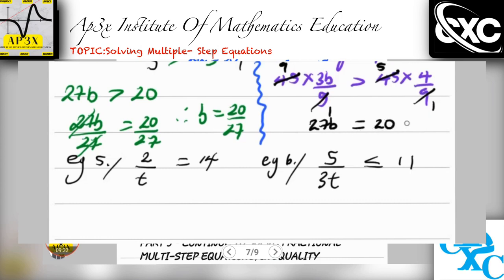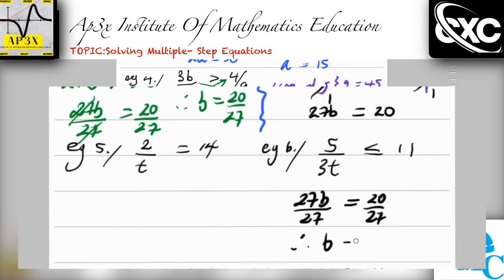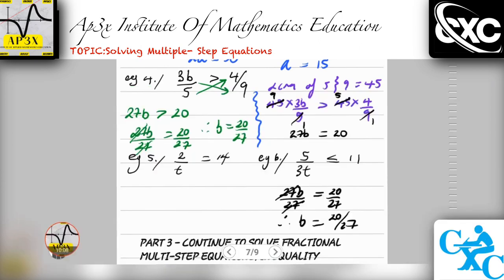We're going to end up then easily that if we divide both sides by 27, that is 27b divided by 27 is equal to 20 divided by 27. Easily then we can see that b is equal to, cancel, 20 over 27. Now, whilst many students may think that this method is a little bit more challenging, as you go deeper and deeper into the equations, you're going to find that this method is, even though a little bit more challenging and maybe a little bit more confusing, it is far more effective